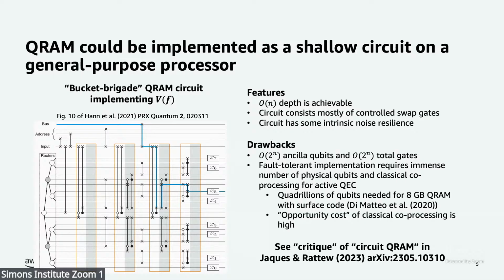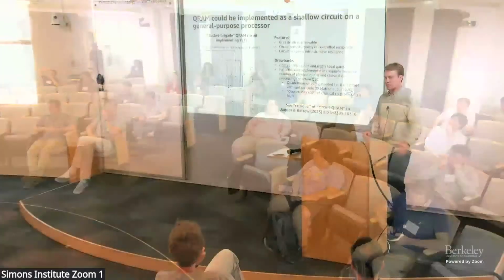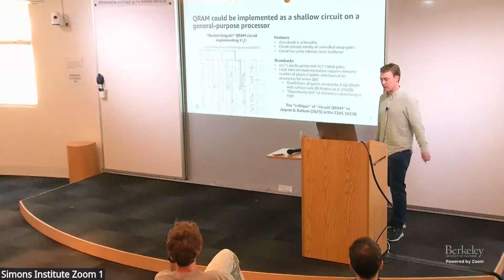Isn't the 2 to the n asymptotic also somewhat scarier than it actually is, because you would also have needed to do the classical computation to produce those 2 to the n entries, right? Yeah, I guess in many of these end-to-end applications, there would be a pre-processing step. But I mean, I guess this